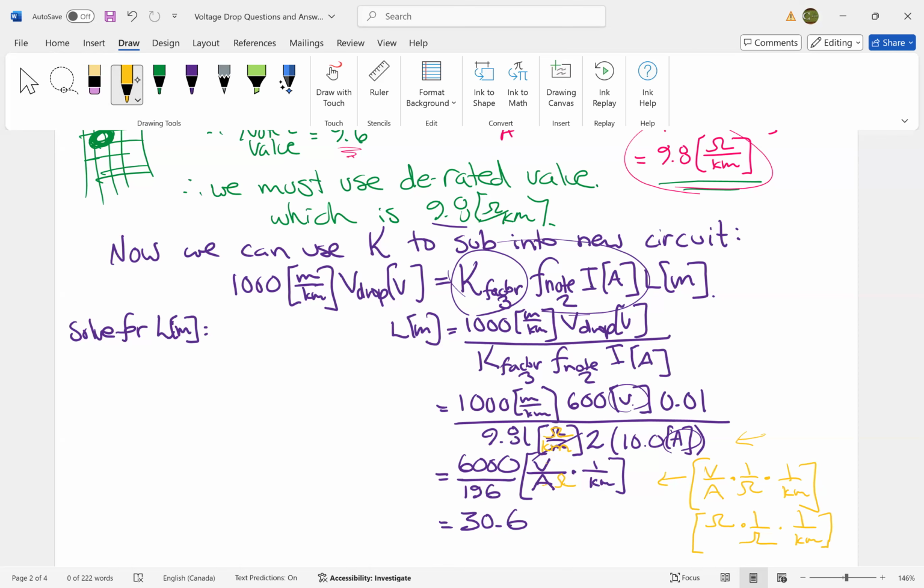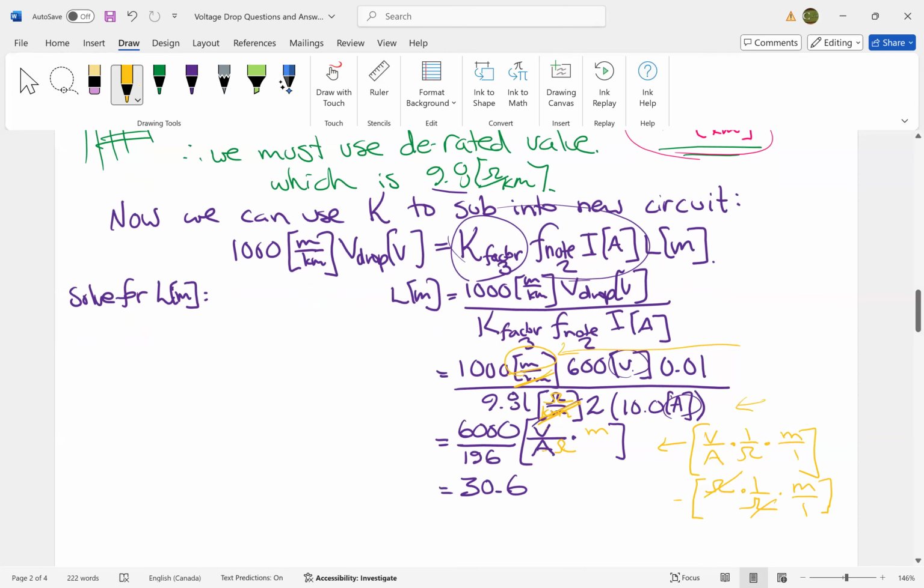So kilometers cross out. Kilometer crosses out with this kilometer. We're left with meter. Excuse this. This is actually a meter. Nope. It's not in a denominator. It's in a numerator up here. Excuse my math. And then I'm going to multiply it by the meter here. Meter over 1. Ohms are canceling out. Now I am a happier person because this ends up being meters. There we go. So the new length of this same conductor used in a 600-volt circuit will be 30.6